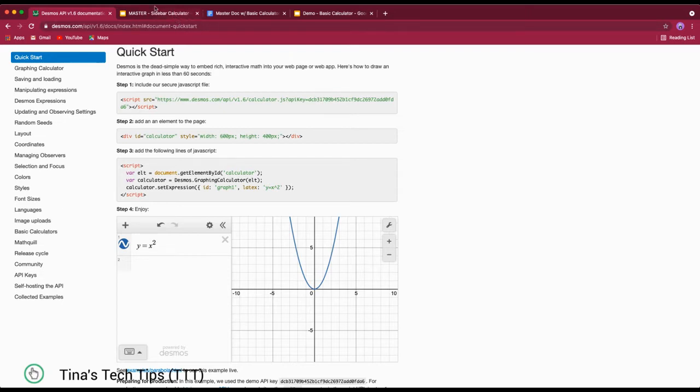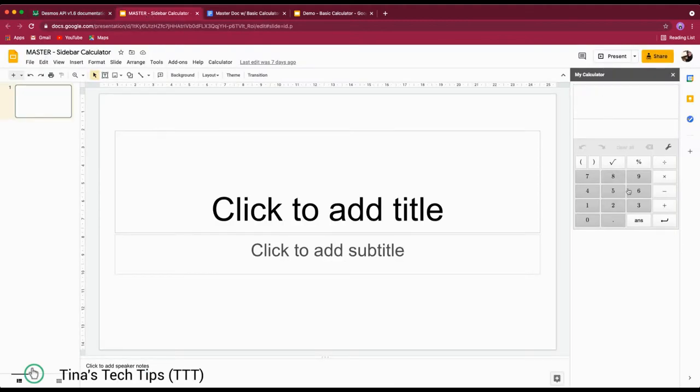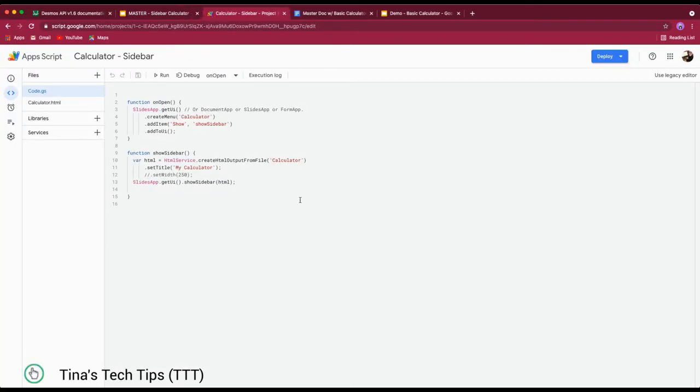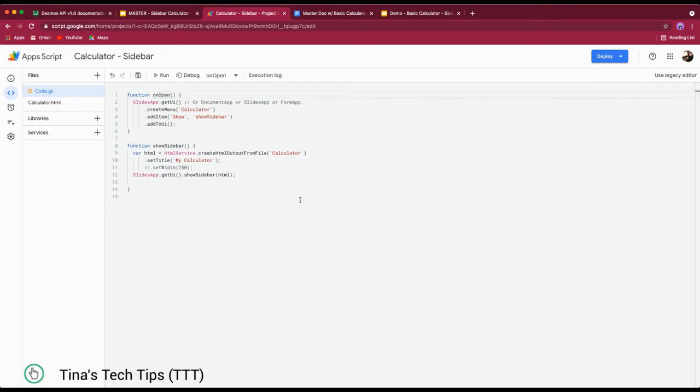Okay, so to do that, I'm actually going to go back to my master one where I see that it's already working, and I'm going to go to tools and script editor because I want to show you the script first. Okay, here we are. So when you open this up, you will see that I have this file called Code.gs, and